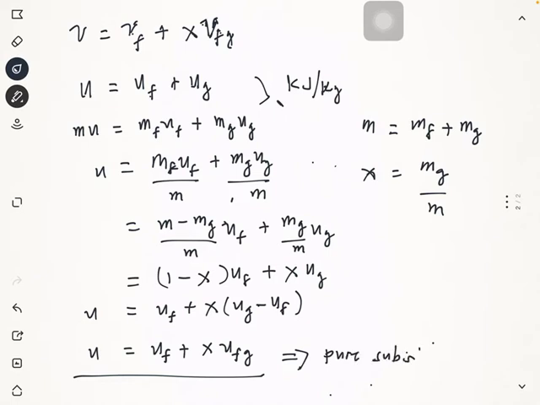Pure substances. Okay, so neglecting the secondary quantities, which are the kinetic and potential energies,